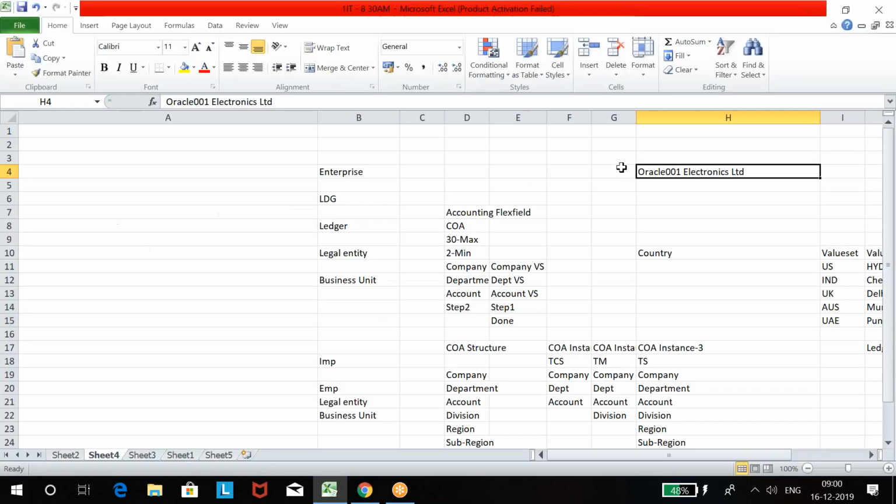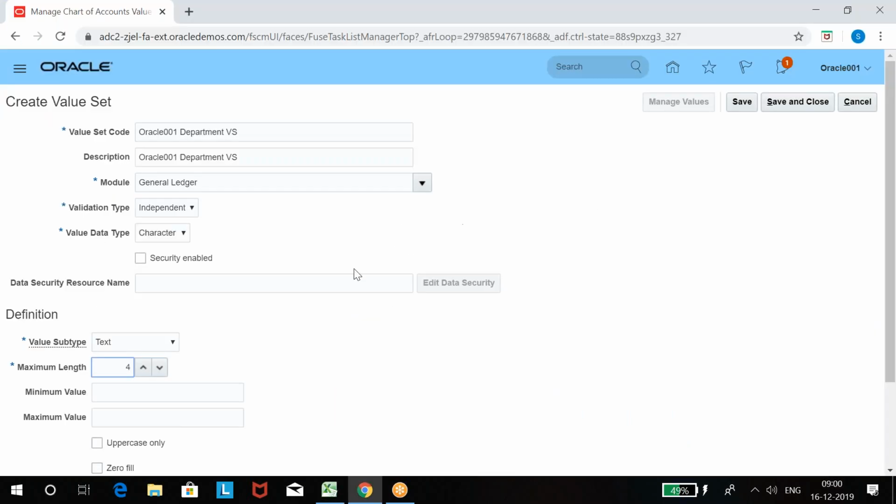So you can use 1 character, 2 characters, 3 characters as you want. You can go up to 30 characters, but the more characters you use, the more difficult it will be for users to remember. That's why we take minimum 2 characters, maximum 8-9 characters. Don't take more than that, because it will be difficult for users to remember, right? Save and close.